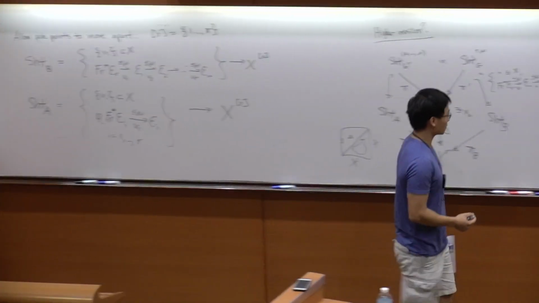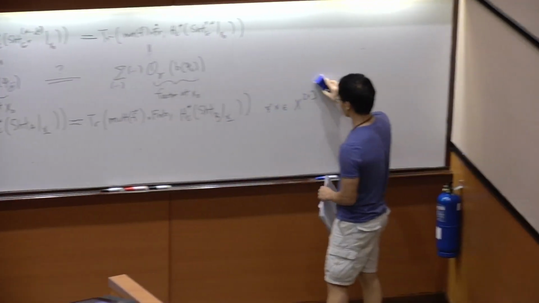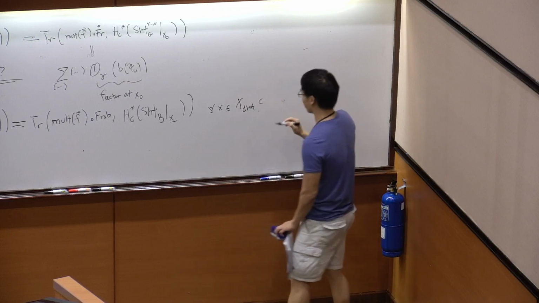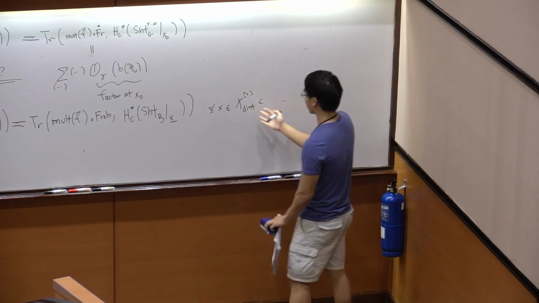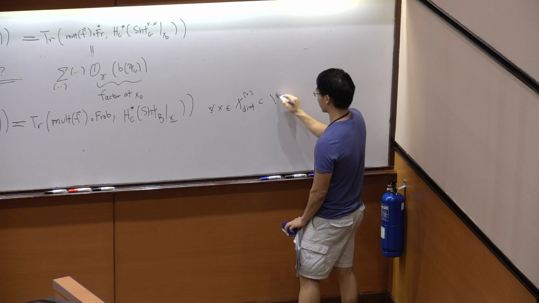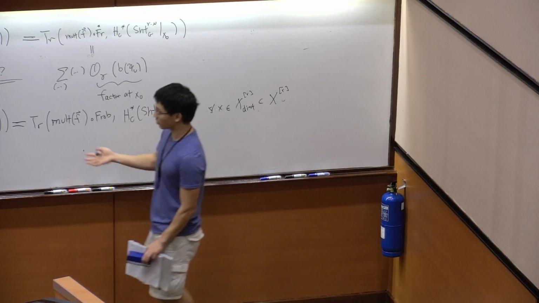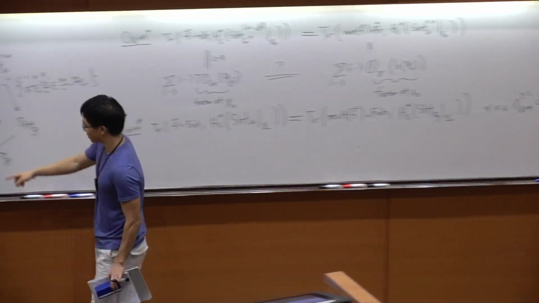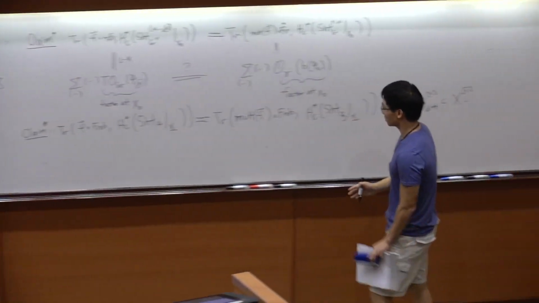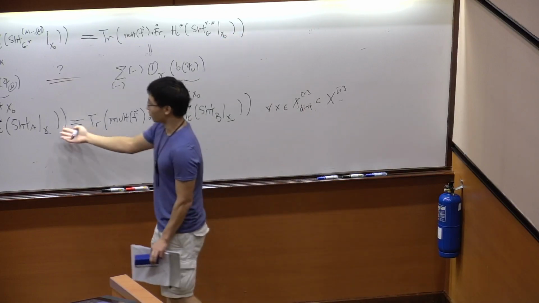So let's say that we restrict our attention to the open dense subset of points of X to the R where the coordinates are actually distinct. So that's sort of the opposite of the original problem. And what I'm saying is that by some sort of continuity principle, if you know that these are equal over this open dense subset, you can deduce that they're equal over the diagonal. Okay, so now this is genuinely different from that.